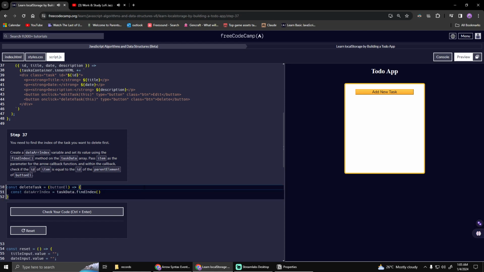Interpolated with findIndex. Okay, it says pass item as the parameter for the arrow callback function. Oops, we can't do that, but instead we can do that by writing another parenthesis and calling it inside that parenthesis, and within that parenthesis as the item,